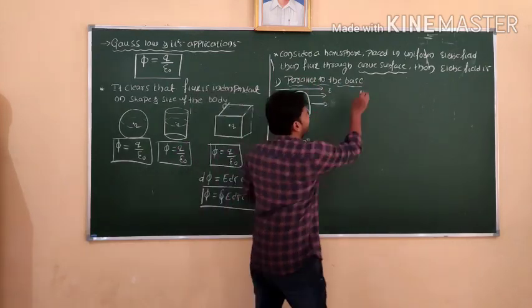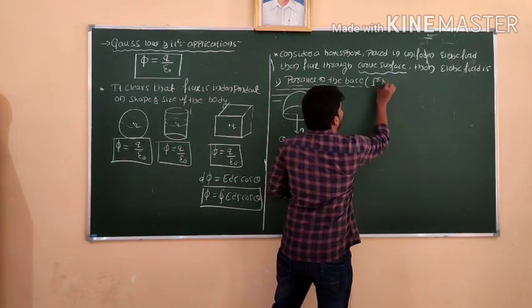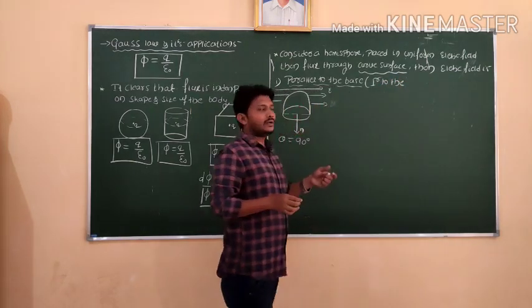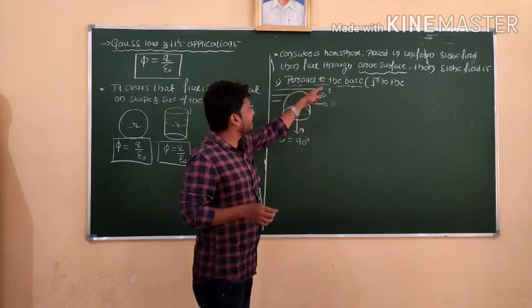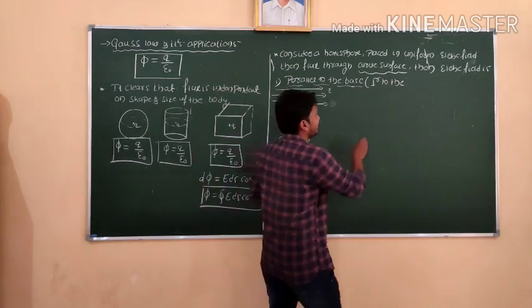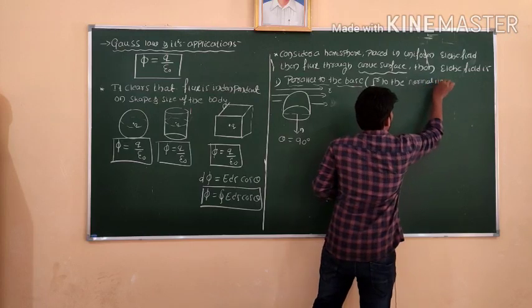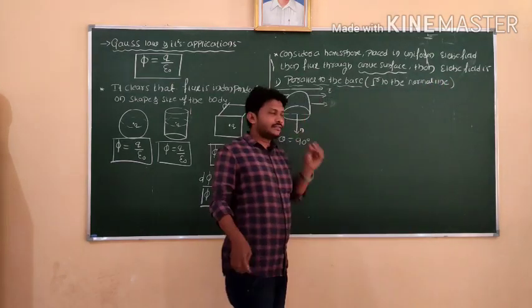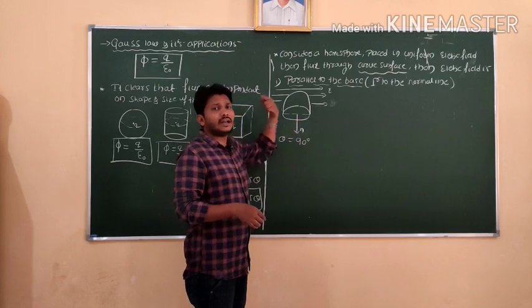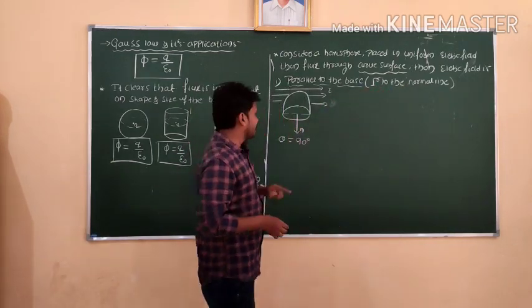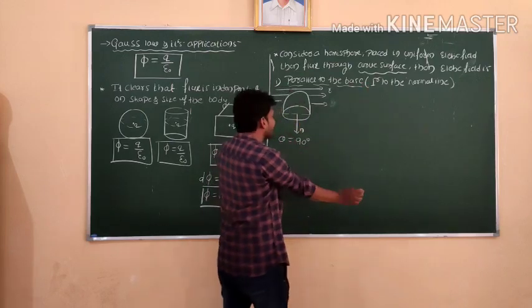Parallel to the base means what? Perpendicular to the normal line. Hope you understand now. Electric field lines are parallel to the base, or in other words, electric field lines are perpendicular to the normal line. So if theta is equal to 90 degrees,